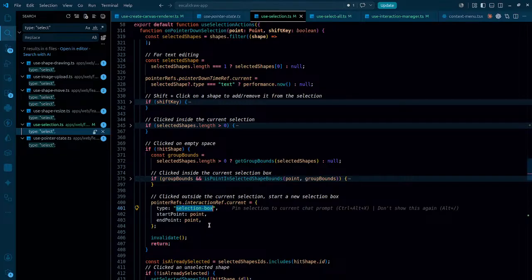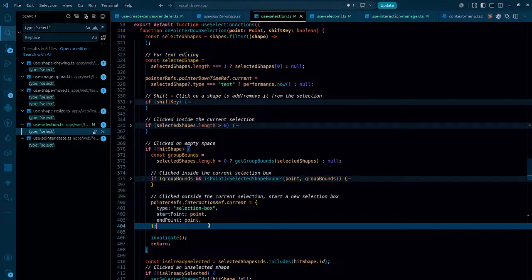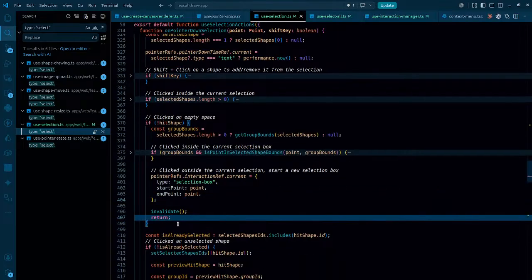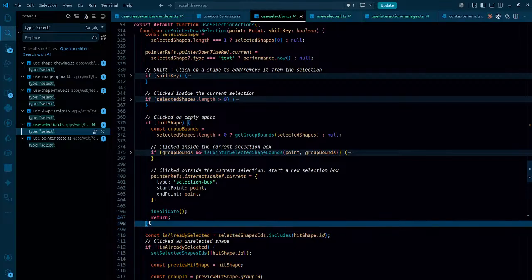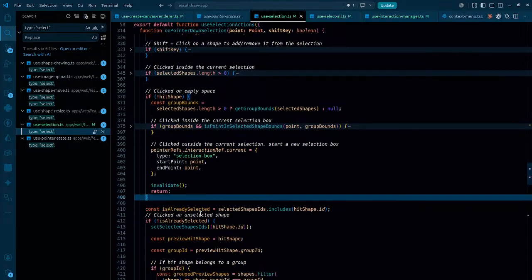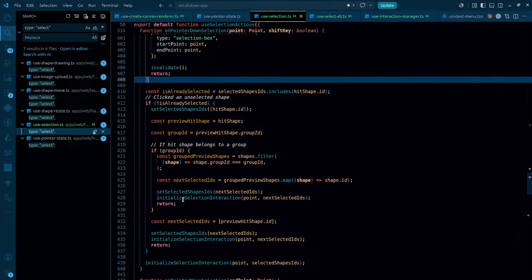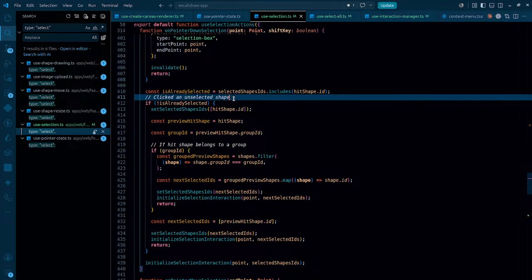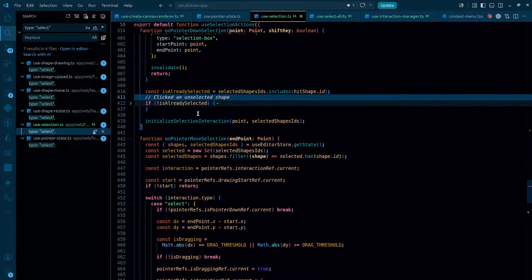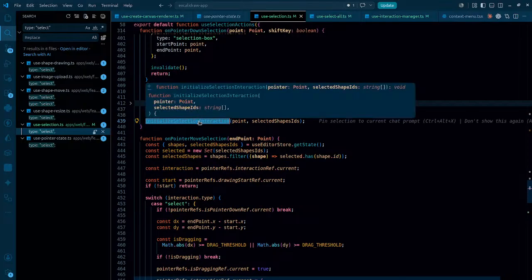Start a new selection box, that is fine, especially when we are clicking. This is kind of fine for now. And then clicked an unselected shape, so let's even get rid of this part. Initialize selection interaction,